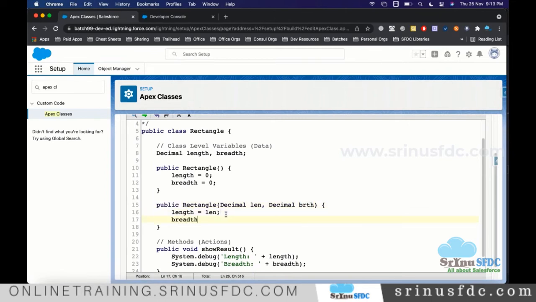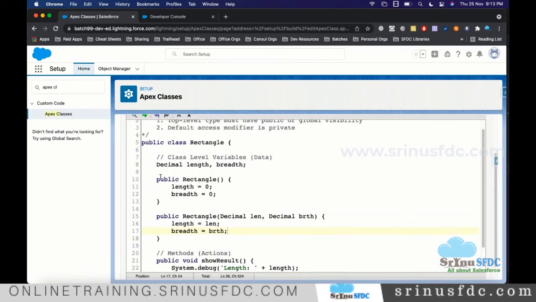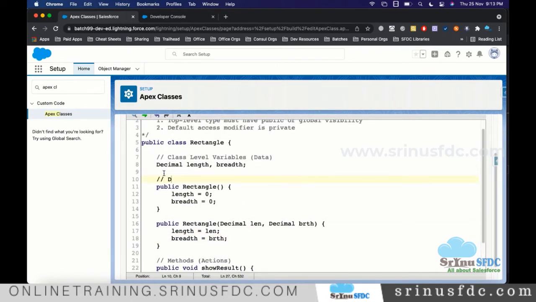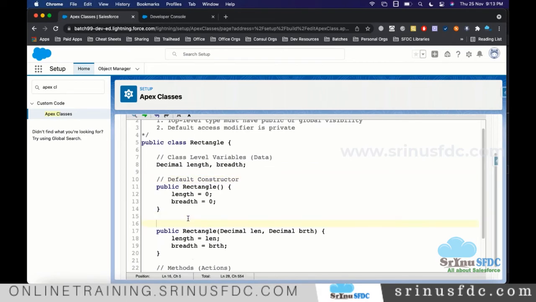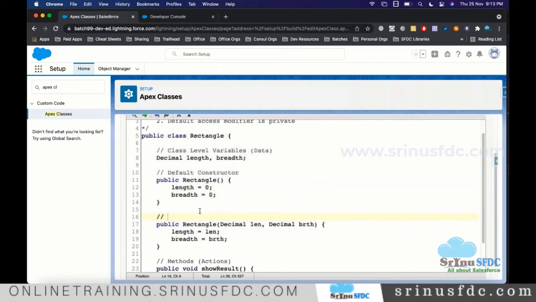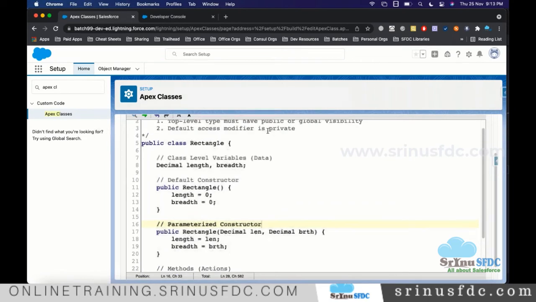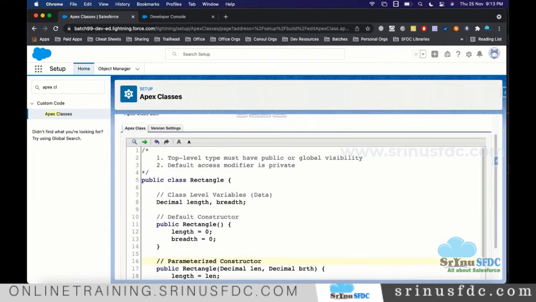A constructor that does not accept any inputs we call a default constructor. The constructor which accepts some inputs, we call a parameterized constructor.